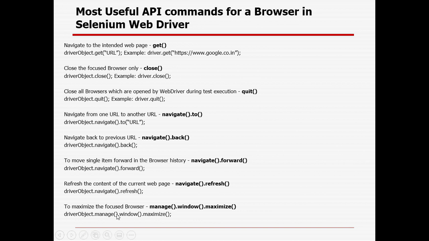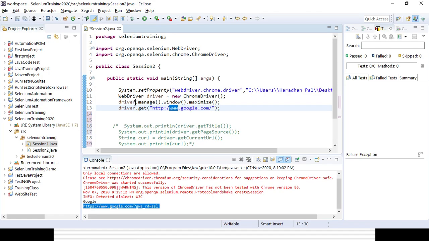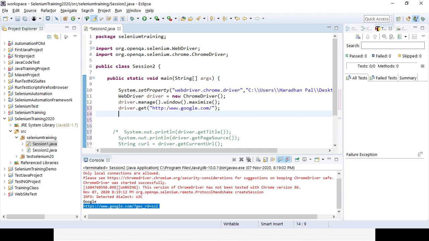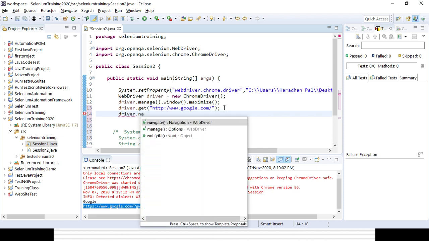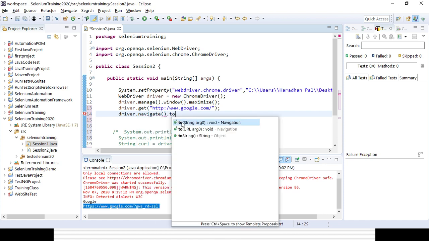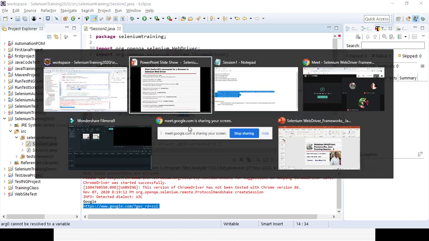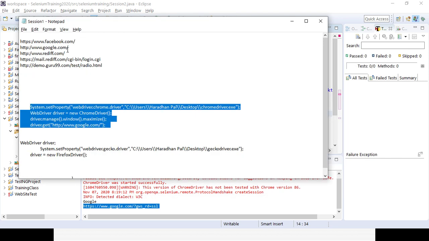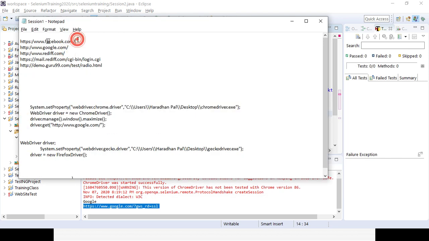If you want to maximize the focused browser, you have to use manage.window.maximize. So that is already covered. driver.manage.window.maximize. Okay, now I have already gone to a particular URL, then I want to navigate to another URL. So driver.navigate.to, and then you need to give the URL string. Suppose I want to navigate from Google to Facebook.